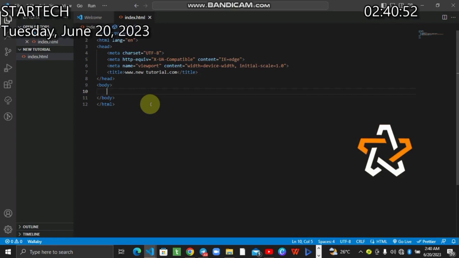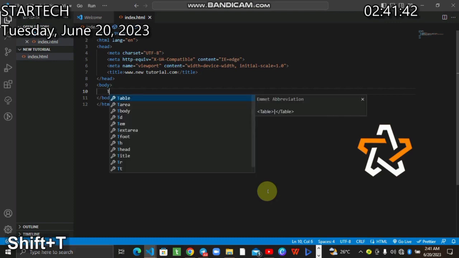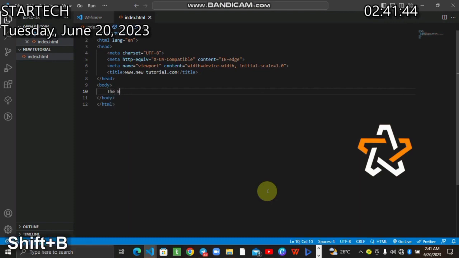We have a lot of tags. We have the P tag, we have the H1 to H6 tags. Those are for the font sizes. But now we're just going to be talking about the text. So once you type something, we'll be seeing the way it's going to be displayed on our browser. So I'm going to be typing the